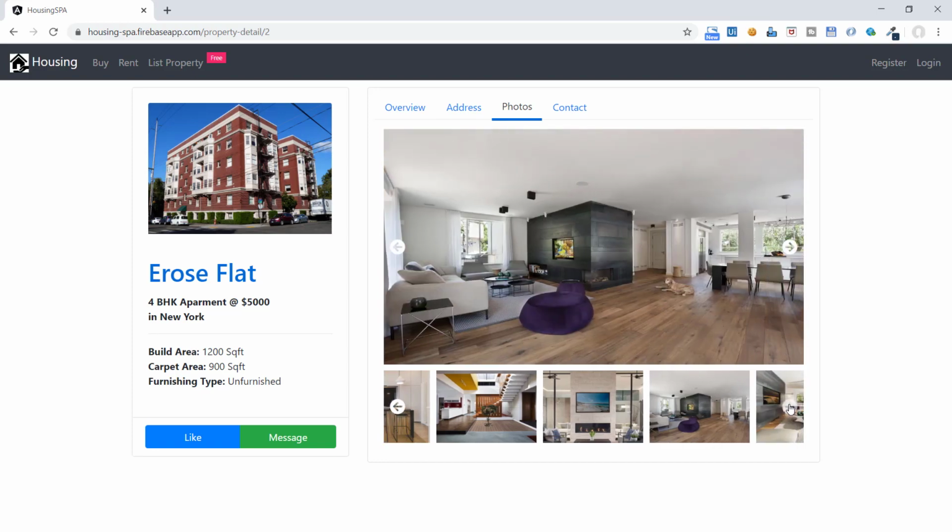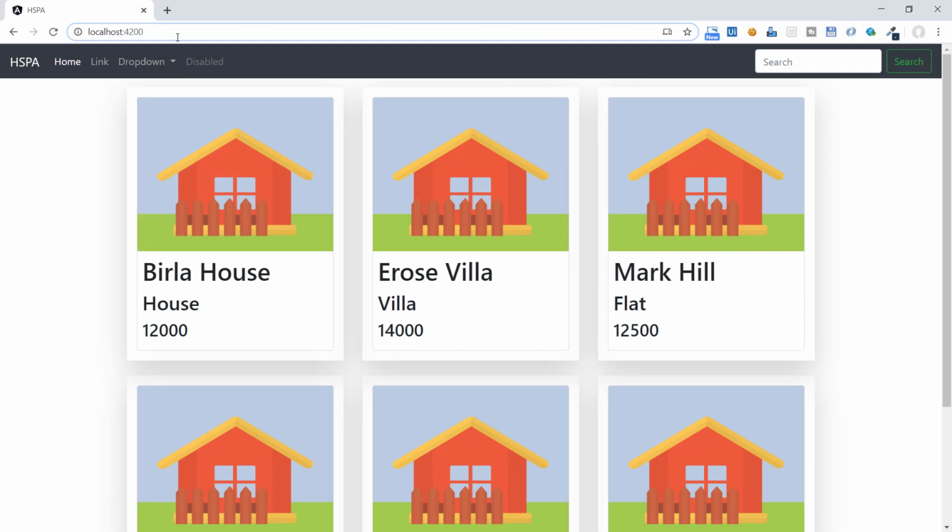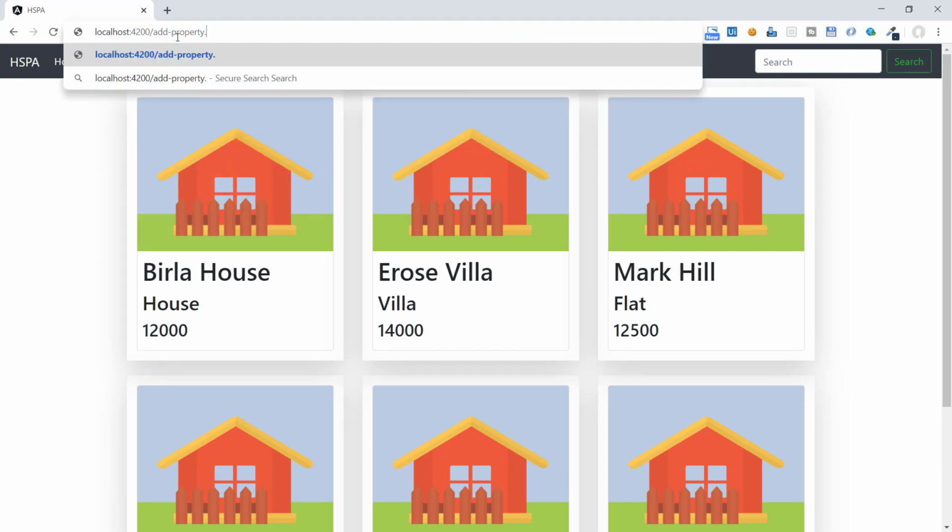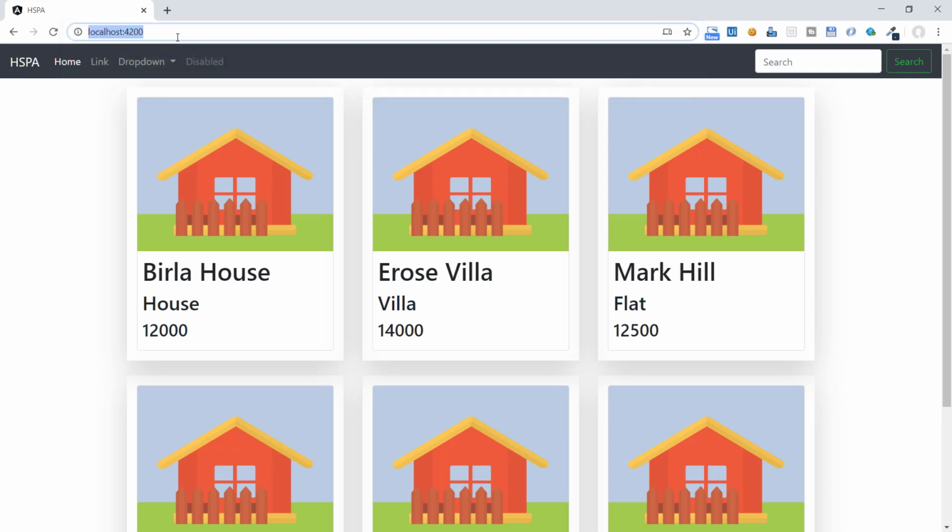In a traditional multi-page application, we usually navigate to different pages to load different views as per the user requirement. In this type of application, a postback goes to the server and a complete page is rendered in the browser. But as an Angular application is a single page application, there is only one page, and that is index.html.